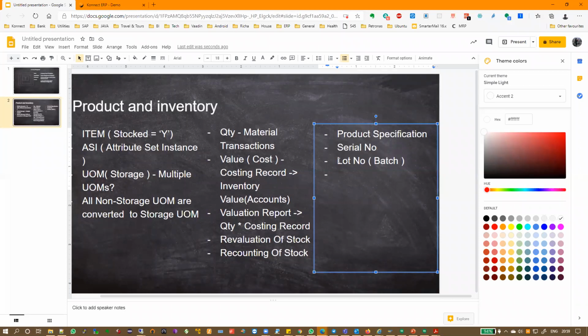Then there is something else. Have you heard of these terms? Expiry date, guarantee date. Okay, so for example, if you're going to buy a food item, the food item will have an expiry date. Now this expiry date can either be linked to a lot number, or it can be linked to a serial number also, or it may not be linked at all. It depends.